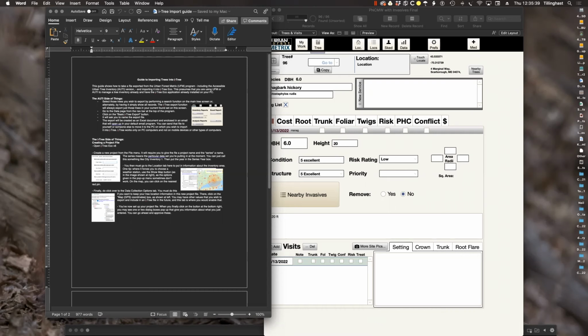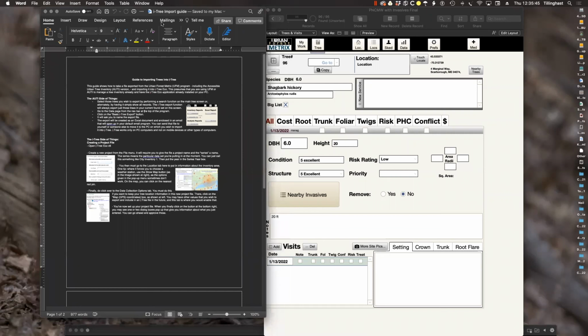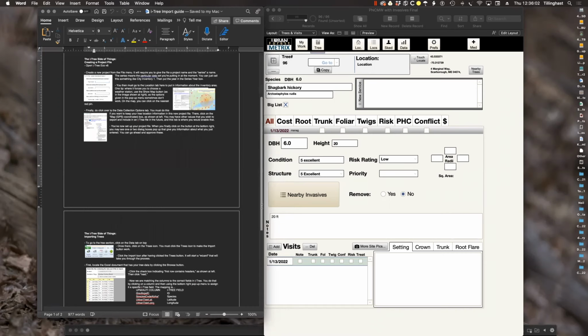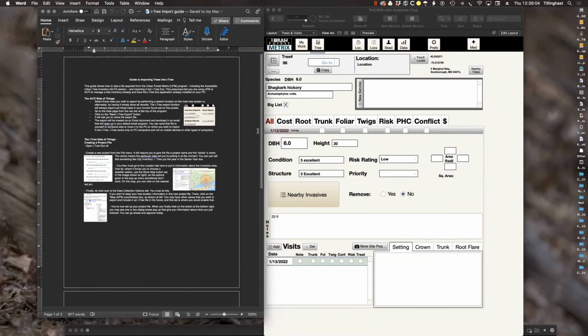Before we even get going, I'm going to note that we have this guide here. I'm wiggling it around on the left-hand side. It's essentially a two-page, really a one-pager printed on both sides, step-by-step guide on how to do exactly what we're going to show you today. If you like step-by-step directions rather than going through a video, this is available on our website and is pretty easy to follow. In fact, that's what I'm going to be following here. So I'll put that to the side